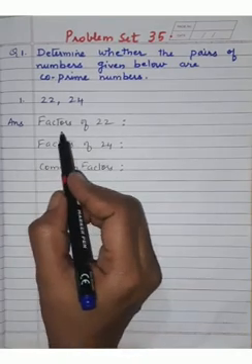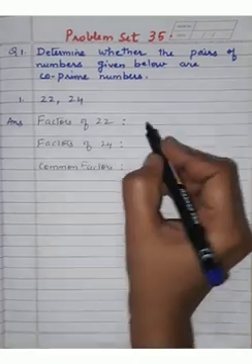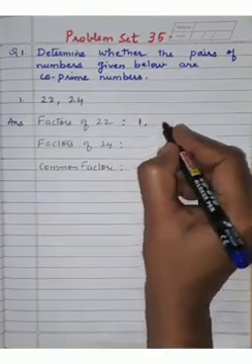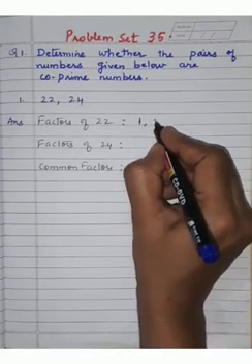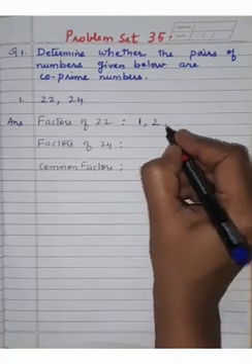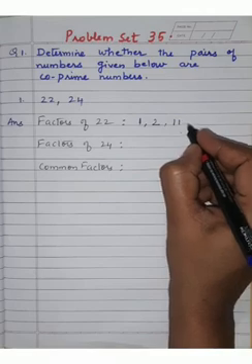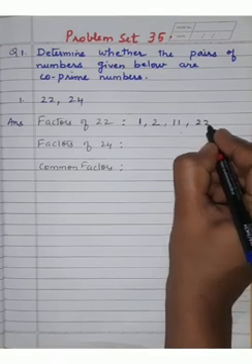So children, what we have to do, we have to first write the factors of 22. What are the factors of 22, children? It comes in one table, then in 2 table as 2 11s is 22, then in 11 table as 11 2s is 22, then directly in 22 table.